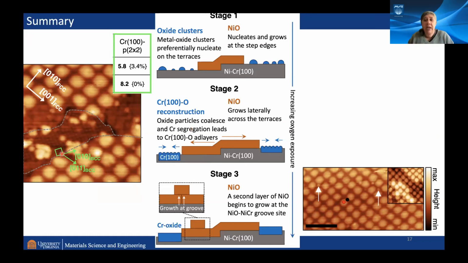So what we have is we form chromium pools, just BCC chromium, which is now terminated with oxygen. You can see there's a lot of motion within that surface. So the surface dynamics is really something which has not yet been captured, but is critical to how this oxide builds up as we go on. The other thing which is nice, we can see the start of the second layer of nickel oxide forming here. You can see the groove sites in this superlattice are the preferred nucleation sites for the next nickel oxide layer.